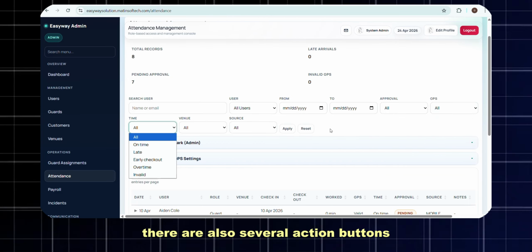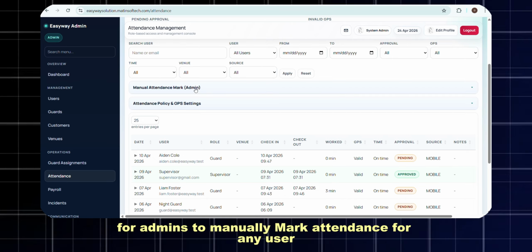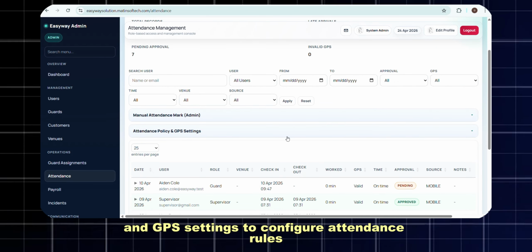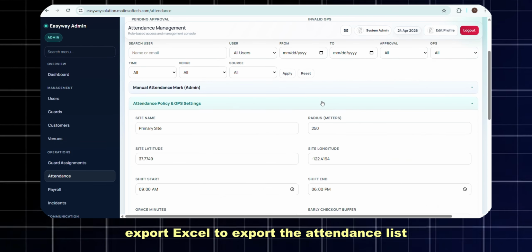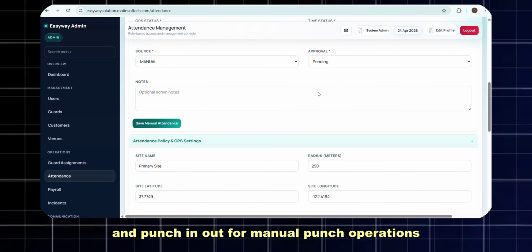There are also several action buttons, including Manual Attendance Mark, for admins to manually mark attendance for any user, Attendance Policy and GPS settings to configure attendance rules, Export Excel to export the attendance list, and Punch In/Out for manual